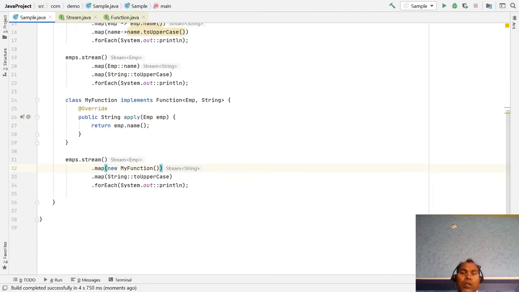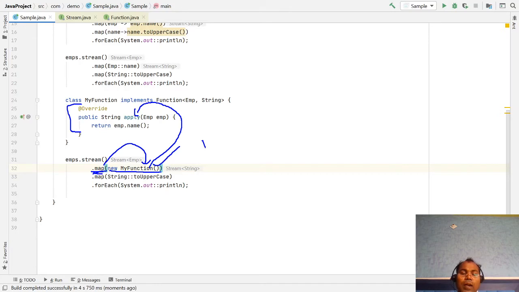Here you notice that we are passing an object of my functional interface, an implementation class of the functional interface. A functional interface has only one method. So after creating the object, you are not invoking this method as a programmer.